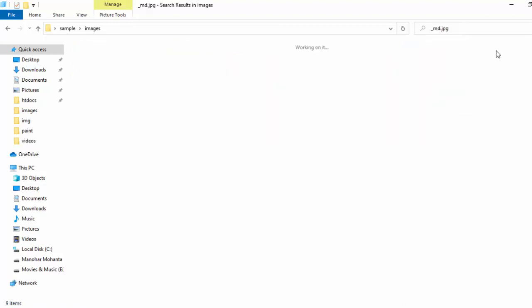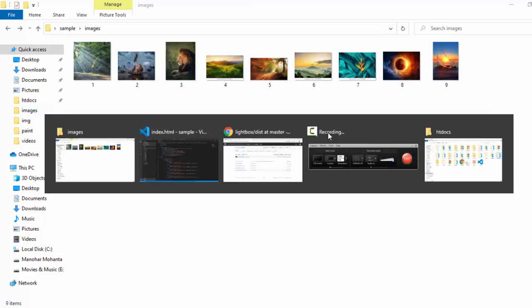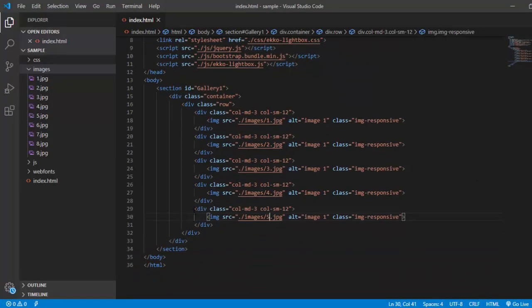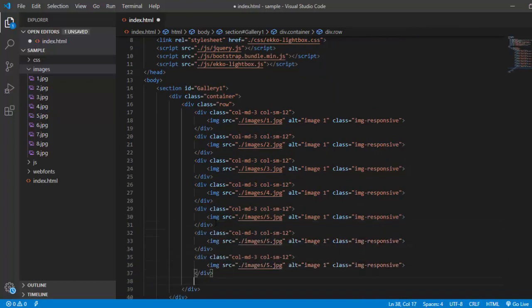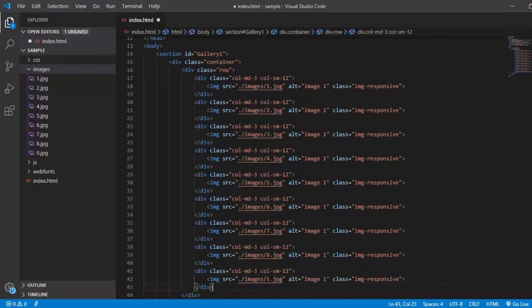Nine images we have. Let us have a few more images so that it will look like a gallery. 5, 6, 7, 8, and here you go with 9.